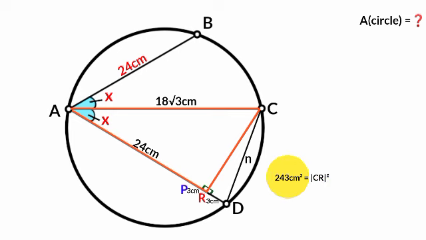243 centimeters squared is the same as 240 centimeters squared plus 3 centimeters squared. 240 centimeters squared is also the same as 24 times 10 centimeters squared. 24 is thrice 8, so it is 3 times 8. This 8 times this 10 centimeters is 80 centimeters. Now from 3 times 80 centimeters squared plus 3